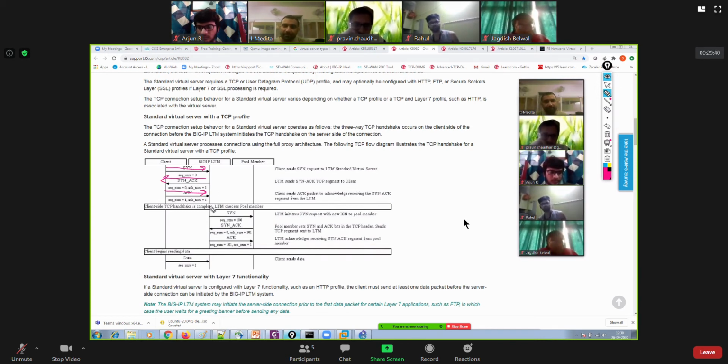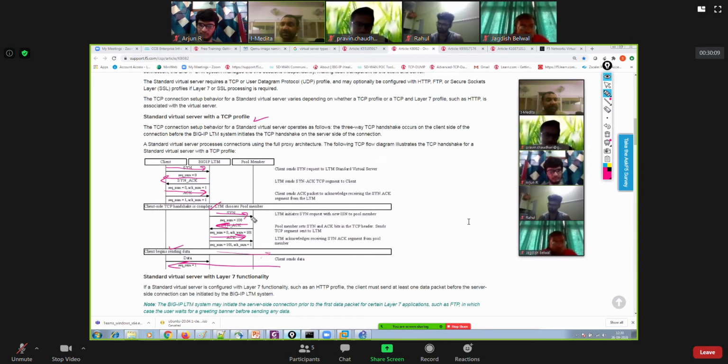Thereafter, LTM is going to choose the pool member based on the pool attached to that virtual server, which you are hitting here, and then it will perform a three-way handshake with that specific pool member. Thereafter, if the client sends any request, BIG-IP will send it over to the pool member, and the pool member will respond back. That's how the standard type of virtual server works with the TCP profile only.